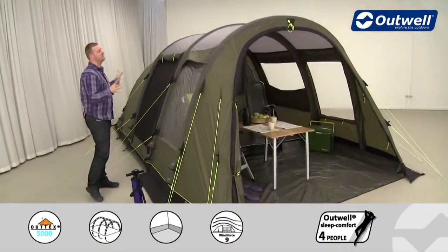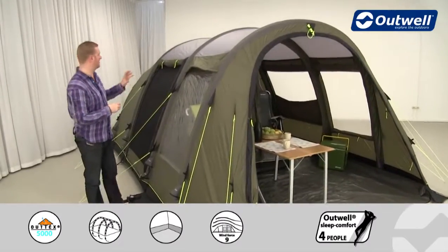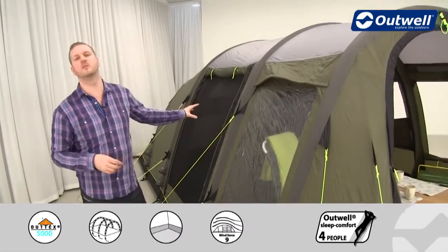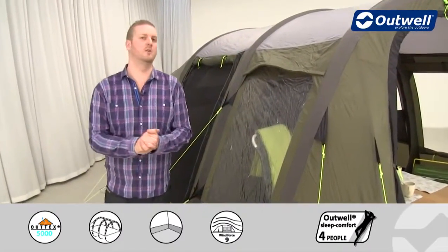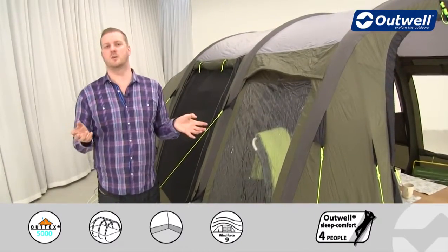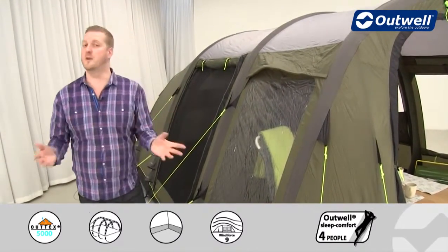This is a medium-sized family tent which is tunnel in design. It has 2 bedrooms at the back, a sealed living space in the middle, and at the front a good sized porch area which we will show you in detail shortly. First of all though, I just want to start off by talking you through the frame that we use on